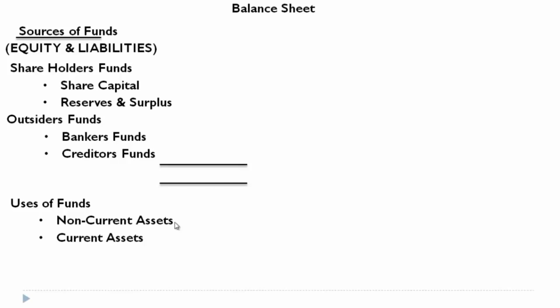So they'll be called non-current assets, and current assets are those assets which can be converted into cash within a 1 year period. Simple examples can be money parked in deposits, cash parked in fixed deposits, like that. Then cash locked in the form of inventory, cash locked in the form of advances, debtors. All these are assets which can be converted into cash within a period of 1 year. So this is the simple structure of a balance sheet.